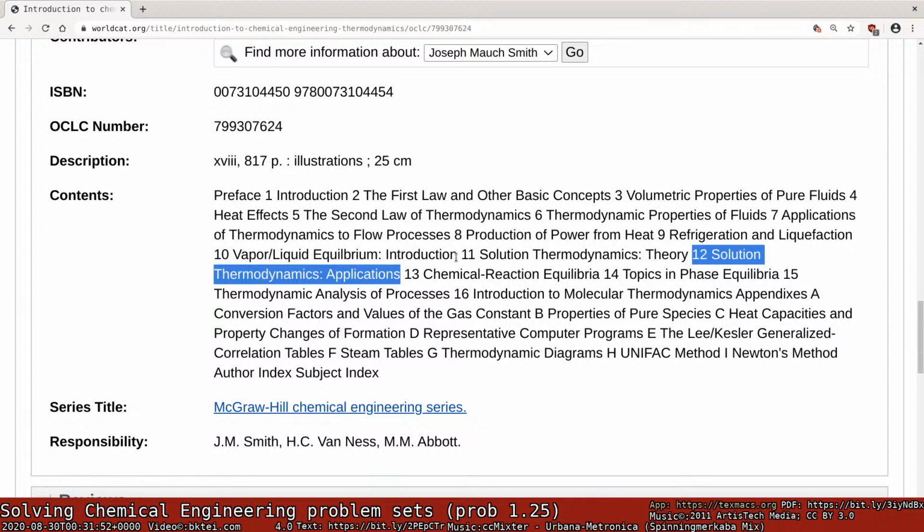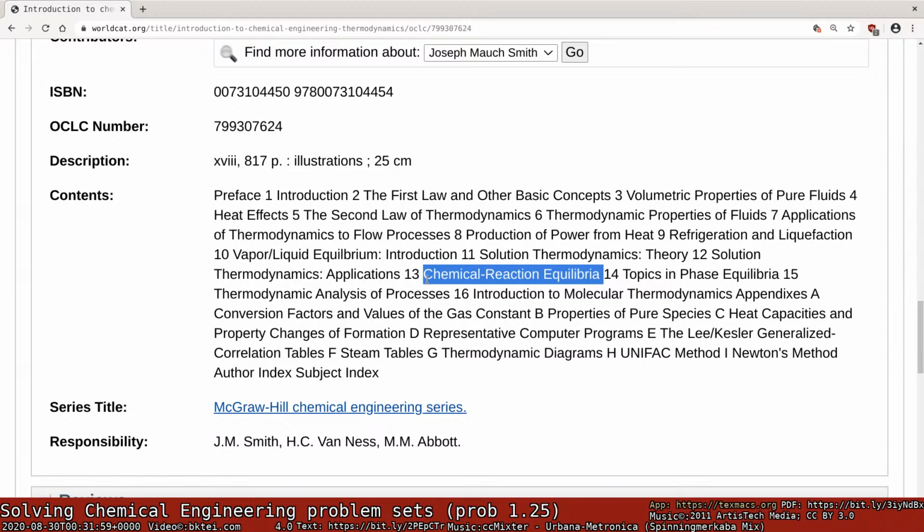13 will be chemical reaction equilibria. Great. So another, again, equilibrium. Talk about what's in here. At the end, fuel cells, which will be interesting. Application of equilibrium criteria to chemical reactions, effect of temperature on equilibrium constants, how they're evaluated, relationship of equilibrium constants to composition. So K values, if I'm not mistaken, this would be